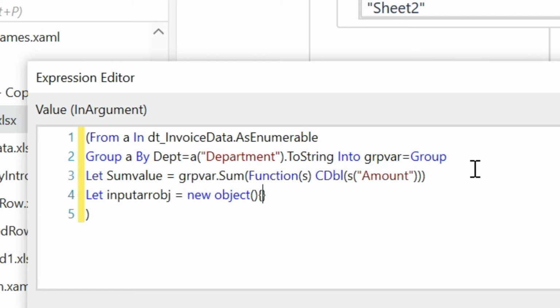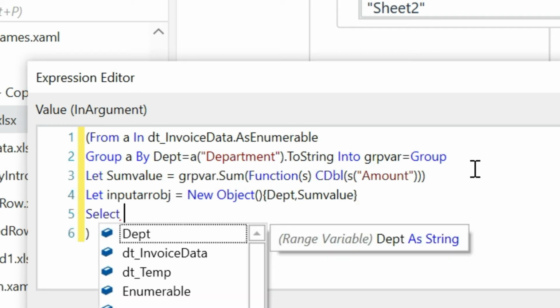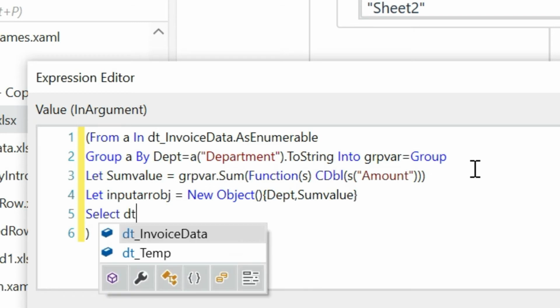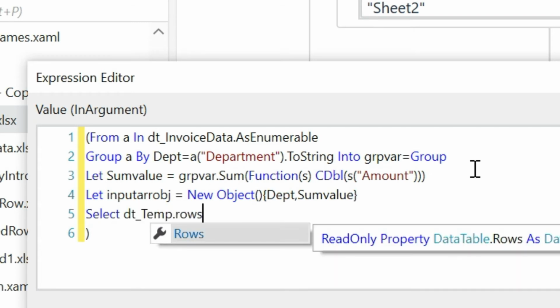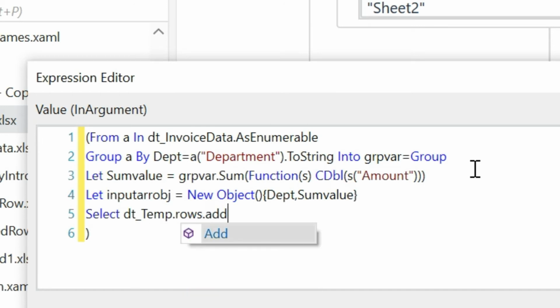First we will add dept, and second we will add sum value, and then we will select the result into dt_temp.Rows.Add.